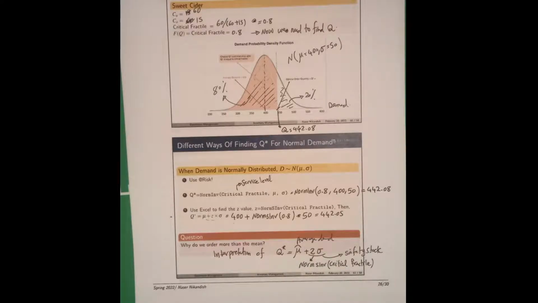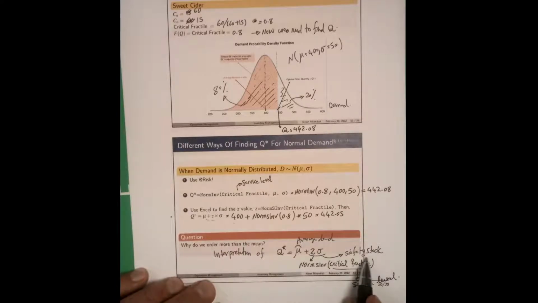That's one. And the other component of safety level or safety stock is Z. That Z, remember, is equal to NORM.S.INV of critical fractile. Another name for this critical fractile was service level. Service level, right? By increasing service level, NORM.S.INV is going to increase. As a result, you are going to need a lot more safety stock.